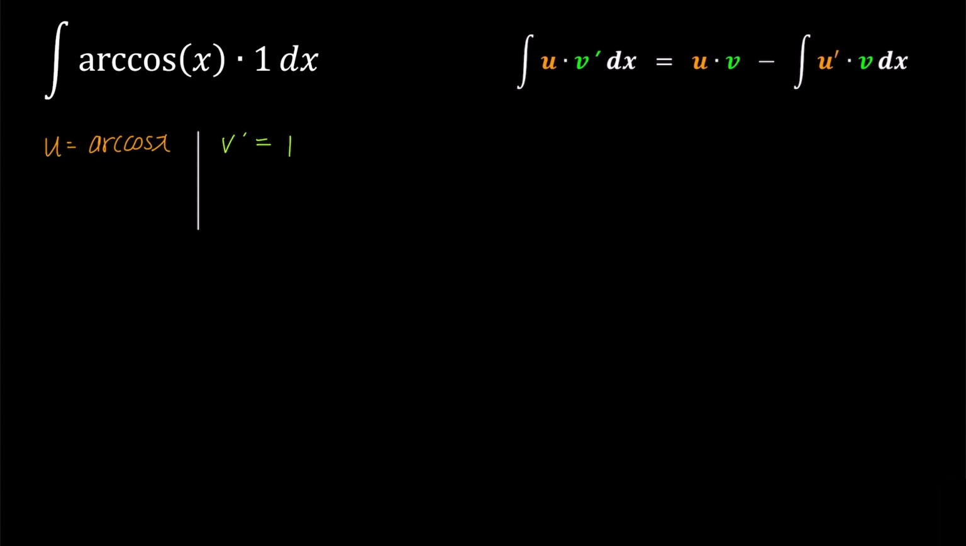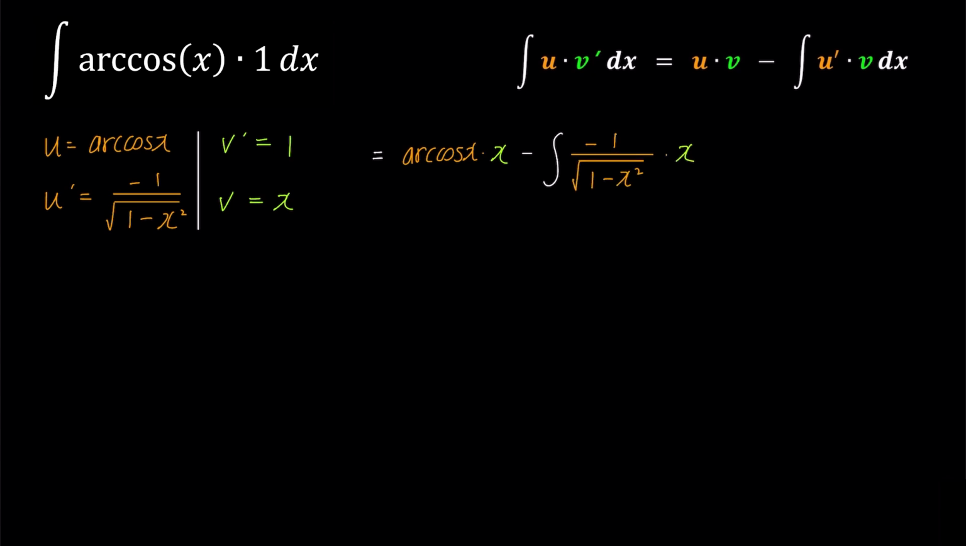To find u prime, we can take the derivative of arccosine x, which is negative 1 over square root 1 minus x squared. And to find v, we can simply integrate 1 with respect to x. Multiplying u and v together, we get arccosine x times x, and integrating u prime v gives us the integral of negative 1 over square root 1 minus x squared times x. If we rewrite the expression, it will be x times arccosine x minus the integral of negative x over square root 1